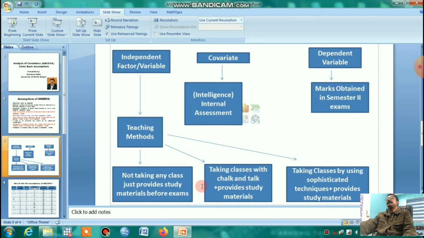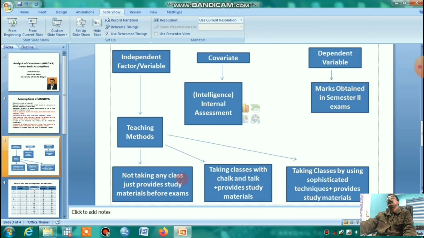So this is simple one-way ANOVA, because one independent variable, teaching methods, is there, and we are going to examine whether there exists any mean difference among the marks of the three groups of students, where the treatment is given differently, that means three different types of teaching.